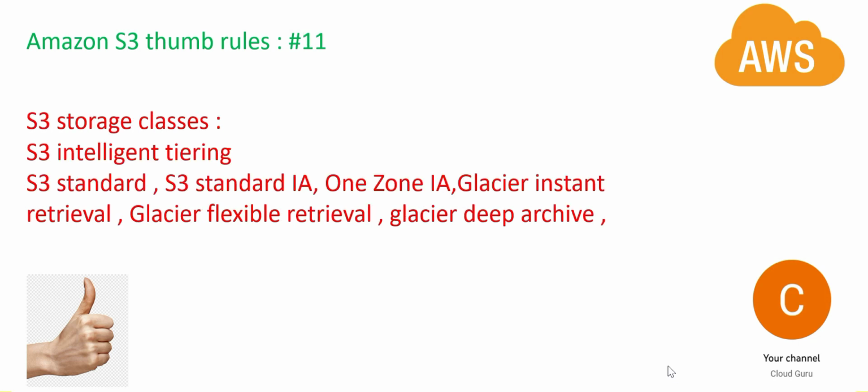Now I am jumping to thumb rule number 11 directly because I want to brief you about storage classes. Here we have storage classes in S3. What it means is these are different sorts of placeholders and containers so that you can save your costs based on your requirements. So for example, S3 Standard, the first thing, if you go to the management console and you go to S3, that is just your standard S3 Standard where you can upload your files.